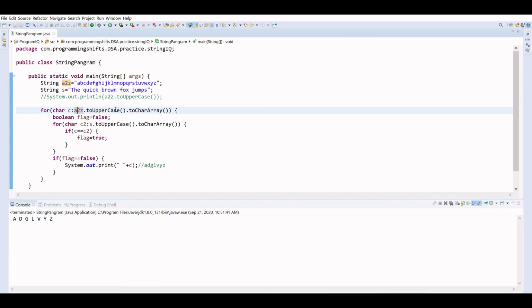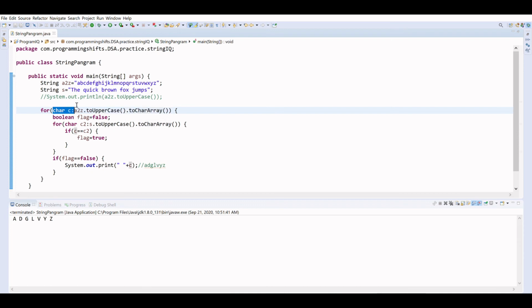And what I did, I converted A to Z to uppercase. Then in Java, if you call the toCharArray method over the string, the characters of the string will be converted into a character array, right? So I did the uppercase, then I changed the string into a character array.